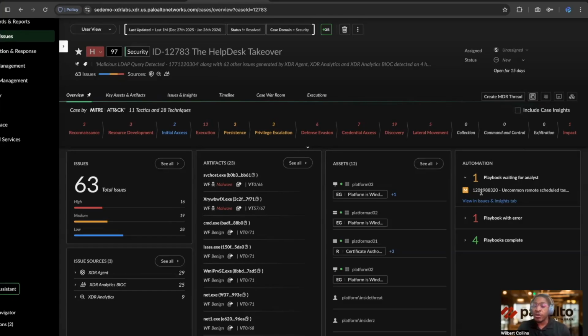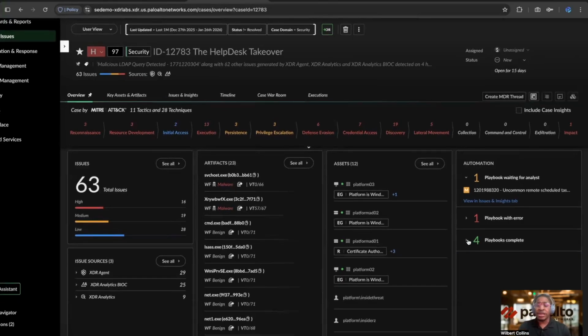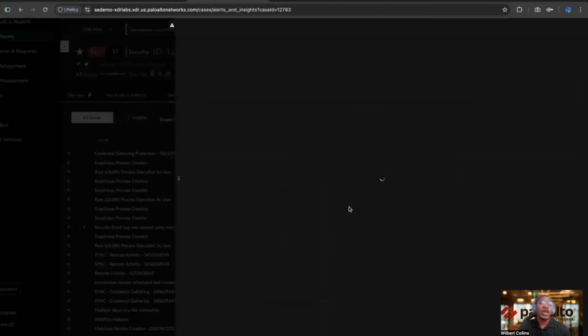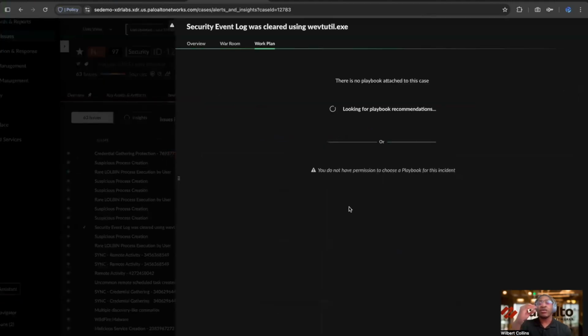So as you can see with this one, it's saying, hey, playbook waiting analyst. As well as the completed playbook, you can see here that these playbooks have been completed. And if we want to get a little bit more context into what that looks like in the flow of that playbook, give it 1 second.